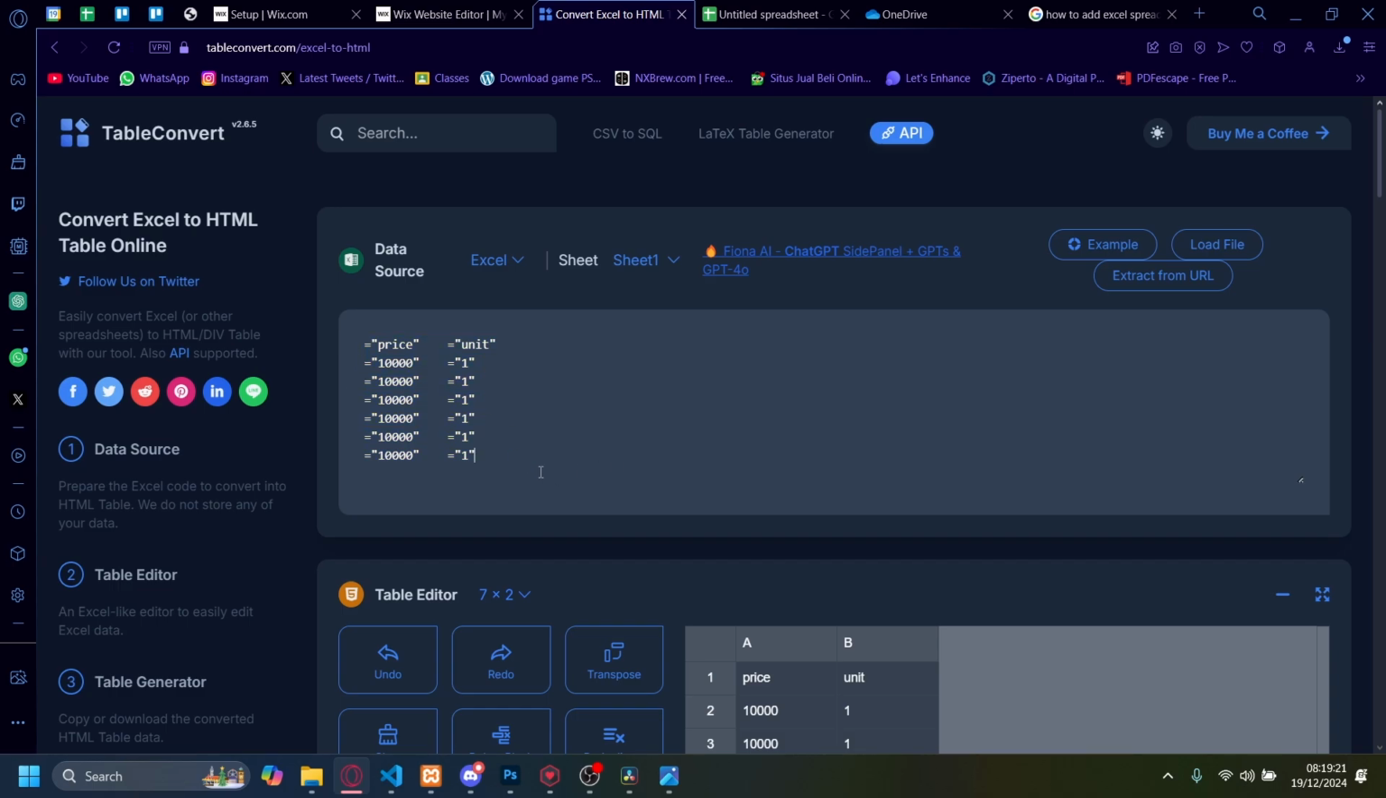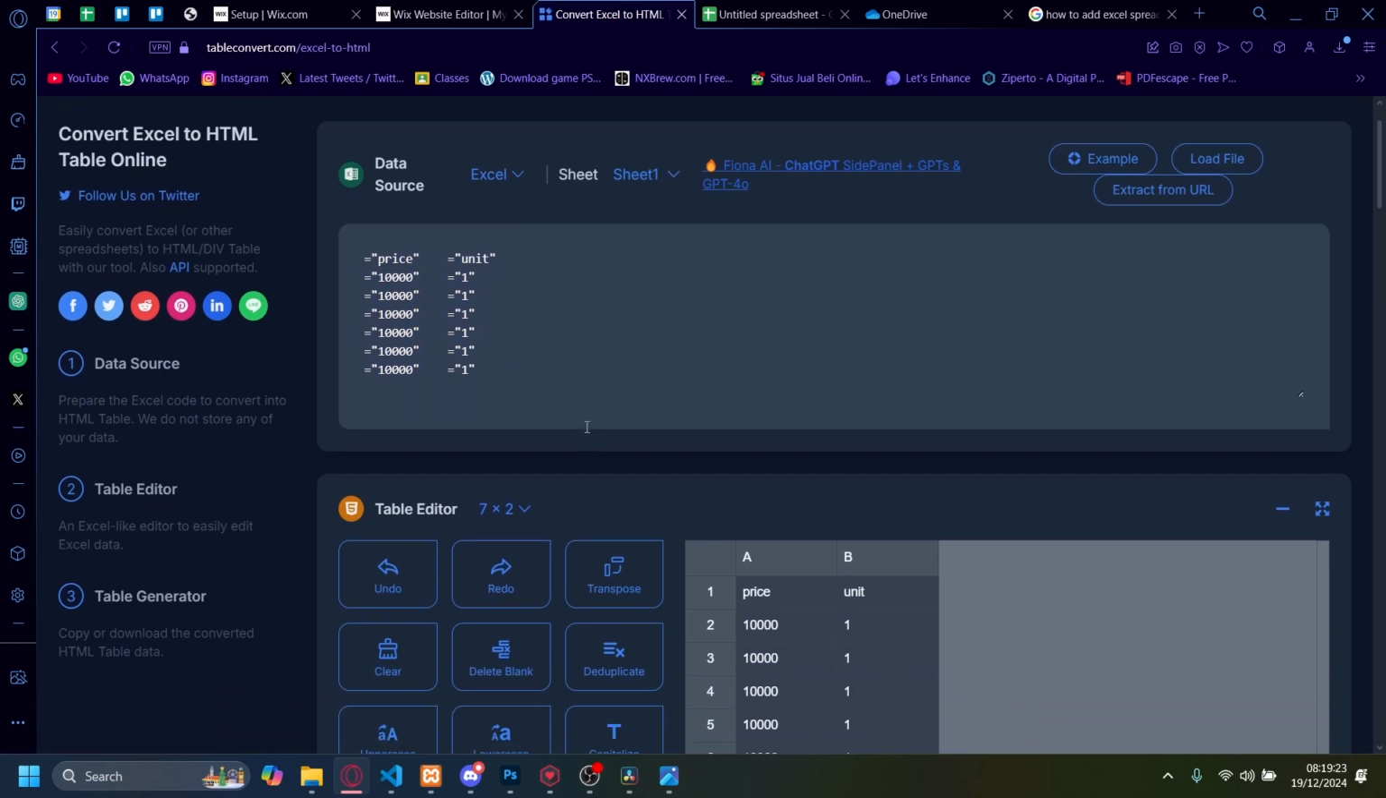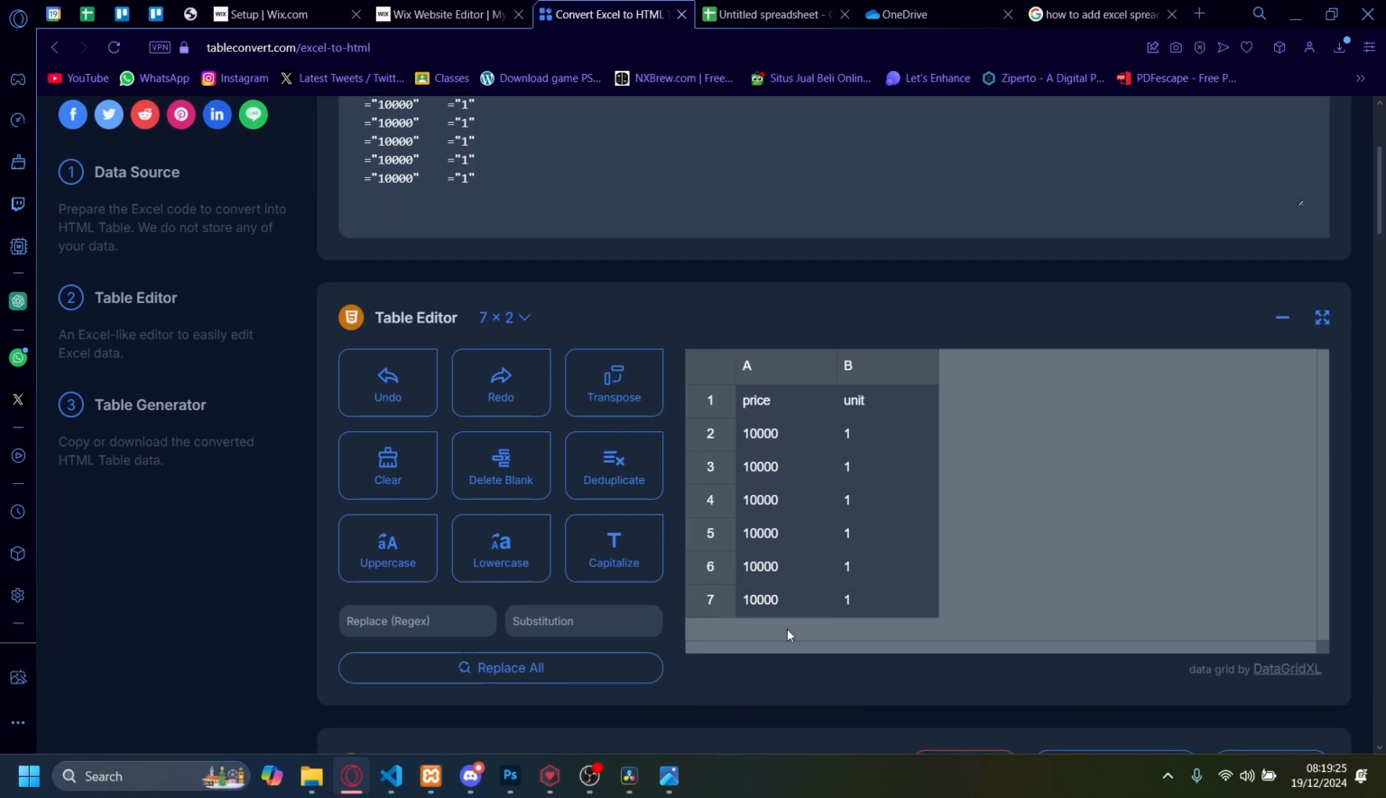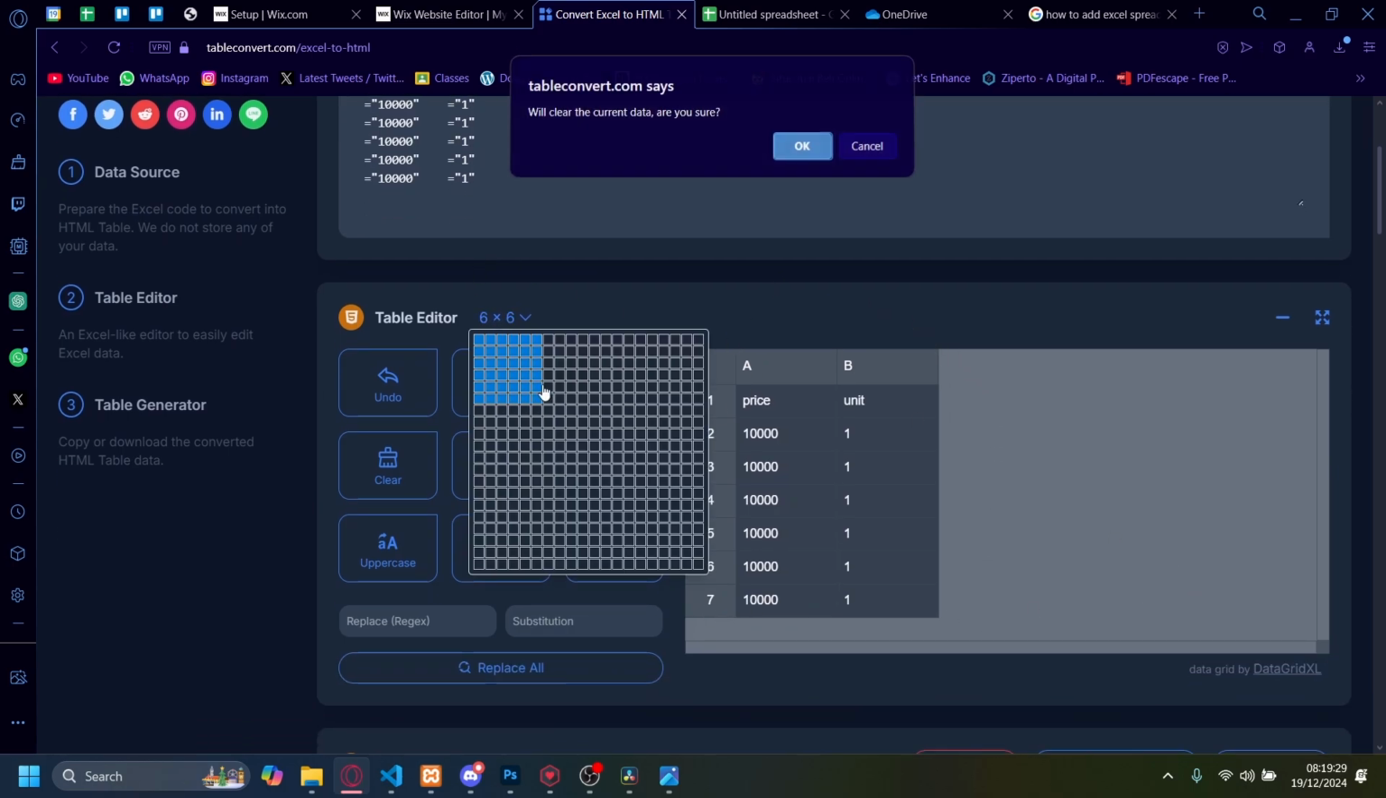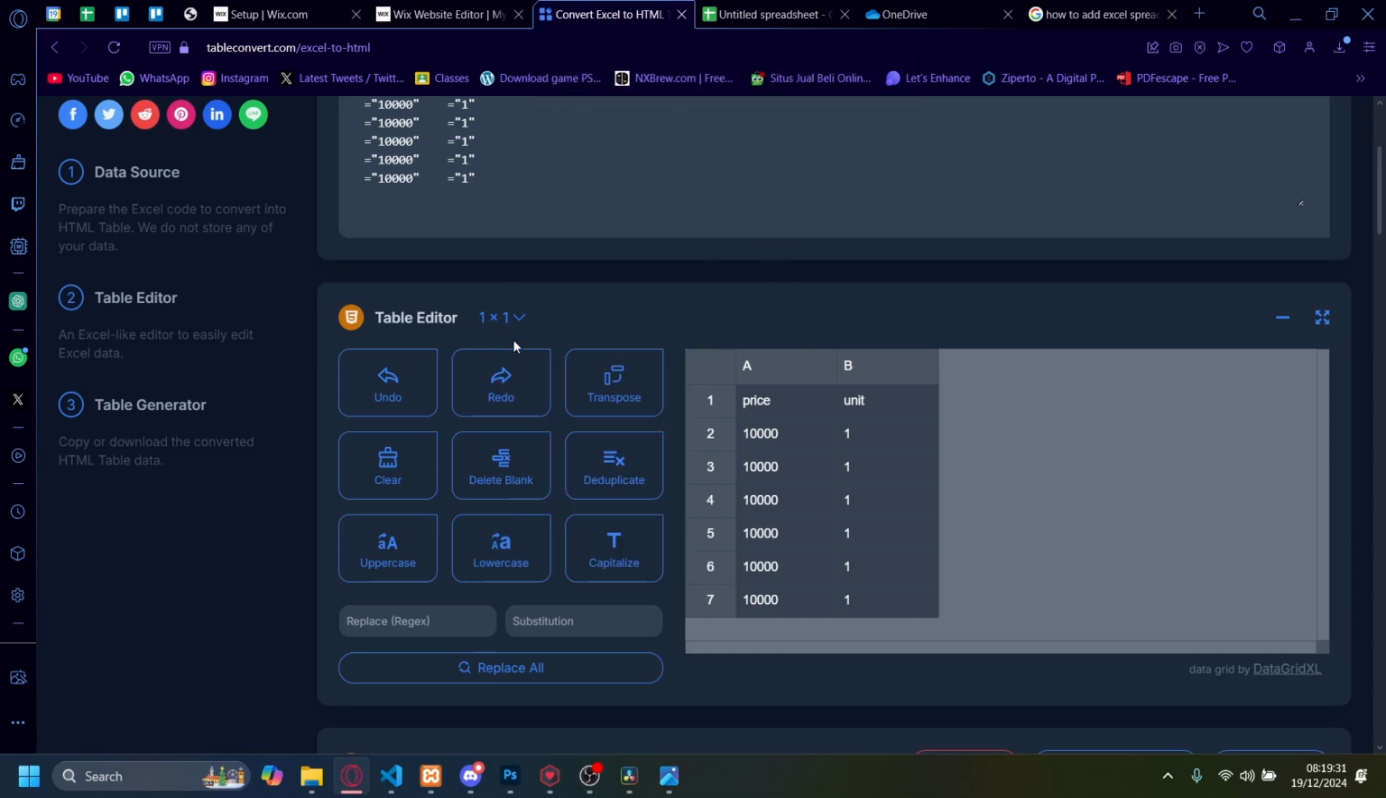Now don't mind it, this is just for formatting. But you see that now we have a table design such as this. And you can change what the table size is. You can also undo, redo, transpose. You can clear, you can delete blank, you can duplicate, you can capitalize. See, like that. You can also lowercase, you can uppercase, all sorts. There's a lot here. You can